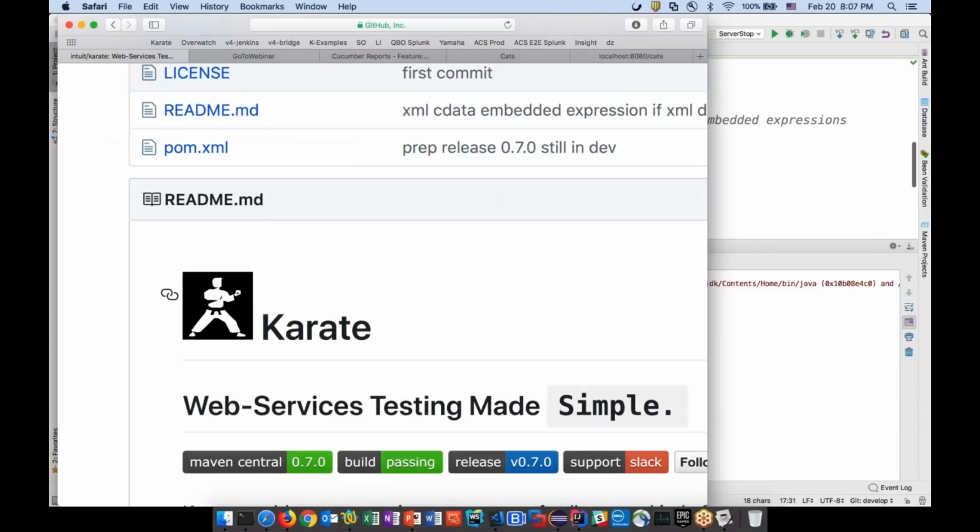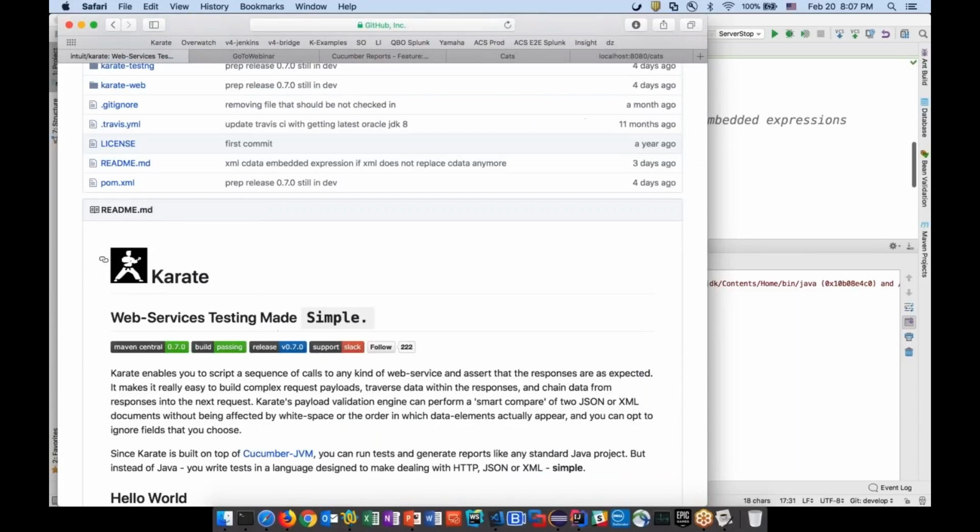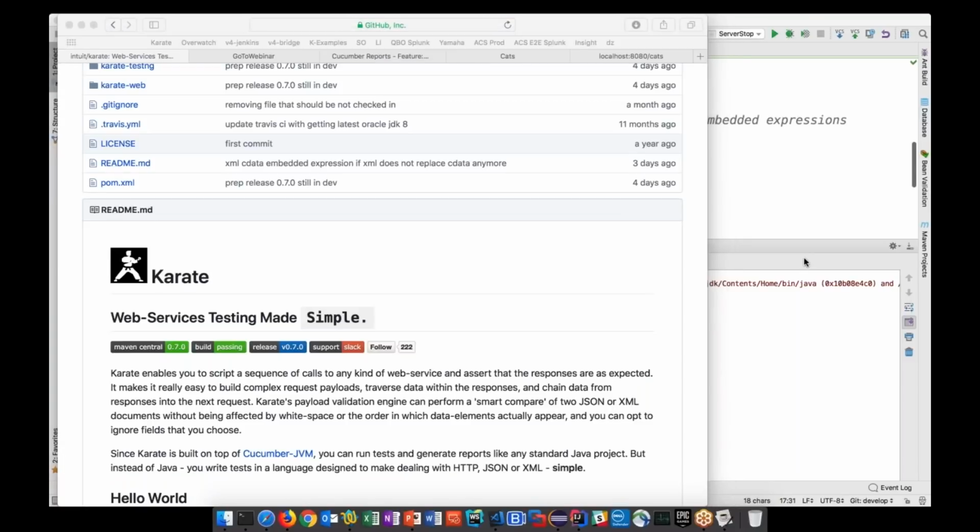But the short story is, I just jumped on the name because there wasn't any other software called Karate, and I'm happy to see now that if you do a search for just Karate, without API or Intuit or testing or anything, this project is turning up in the top 2 pages at least of search results. So we're kind of redefining the word Karate. Apologies to all actual Karate practitioners, but for what it's worth.